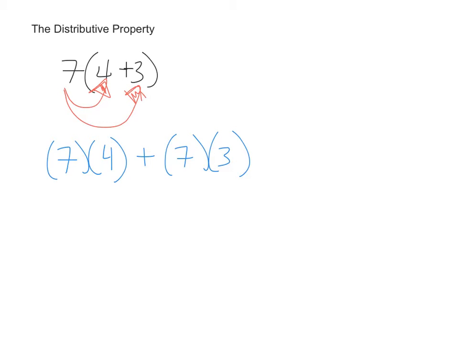The second thing they're asking you to do is actually evaluate the expression. So you get out your calculator and you figure out that 7 times 4 is 28, and 7 times 3 is 21, and therefore the solution to this problem is 49. The reason that's important is because eventually you are going to be working with algebraic expressions, and here's an example